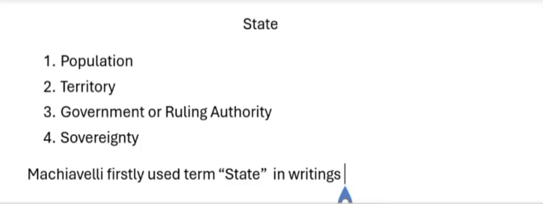If the government has no sovereignty, or supreme, ultimate recognized authority, then how can that government rule over the subjects, the population, the citizens who are living within that